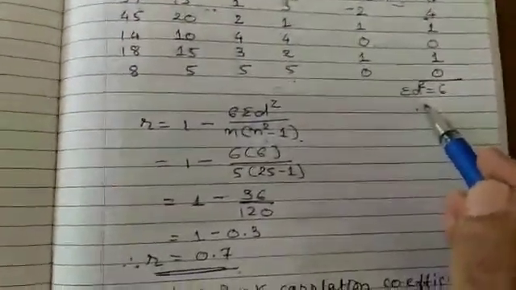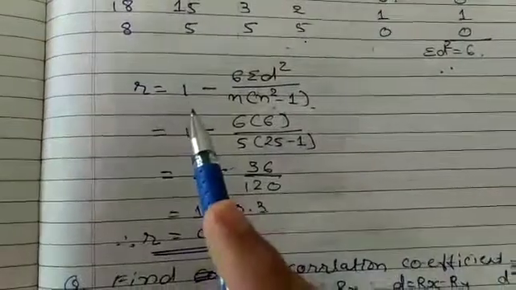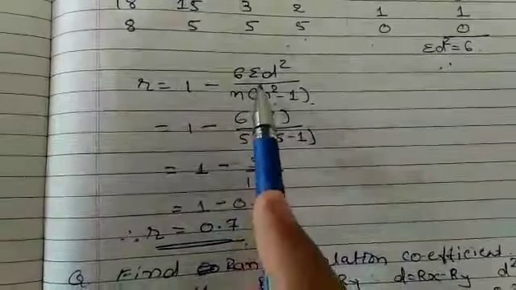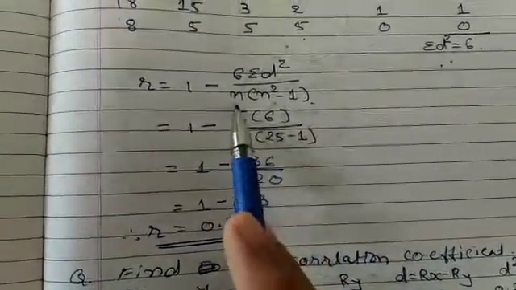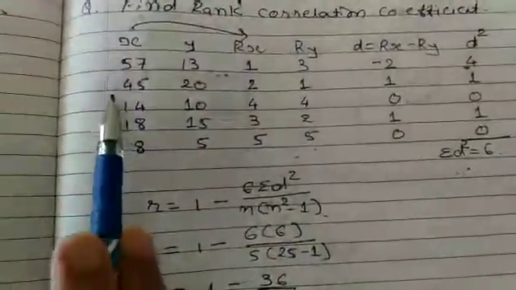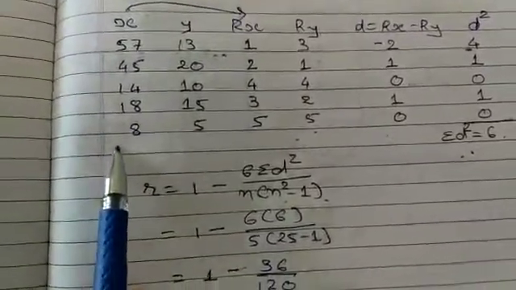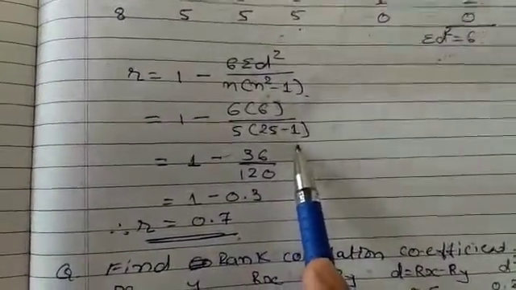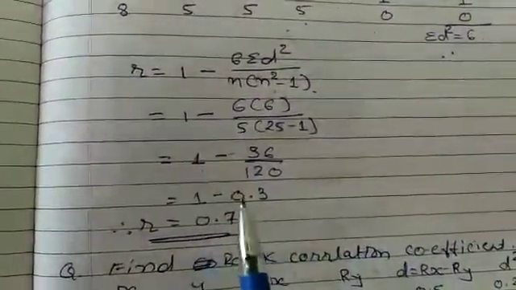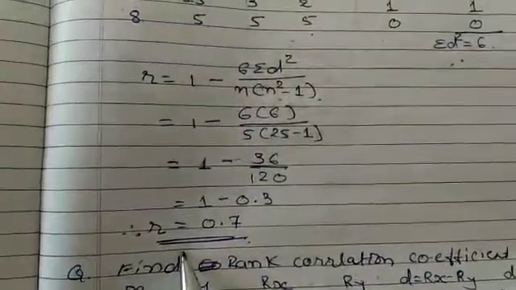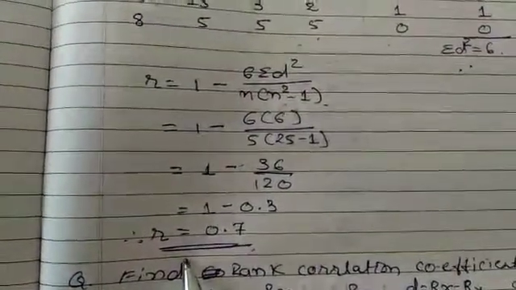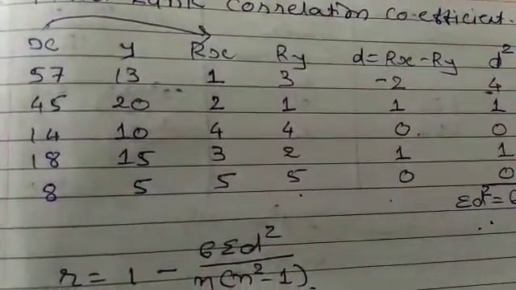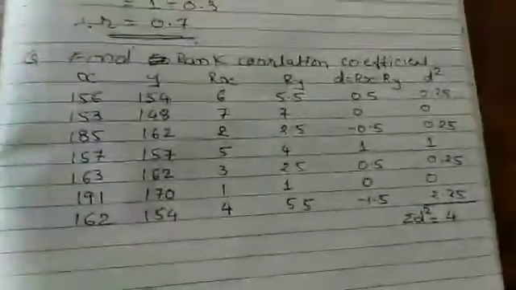This sigma d square is applied to the formula R equals 1 minus 6 sigma d square upon n into n square minus 1. Sigma d square is 6. N is the number of observations: 1, 2, 3, 4 and 5, so n is 5. n square minus 1 is 25 minus 1. So it is 1 minus 0.3, and the correlation coefficient R would be 0.7. In this question, we found that not a single observation is repeated. Now in the second question, we are having